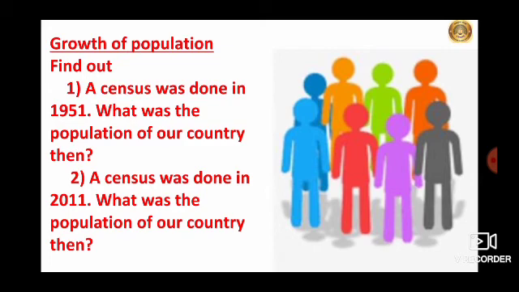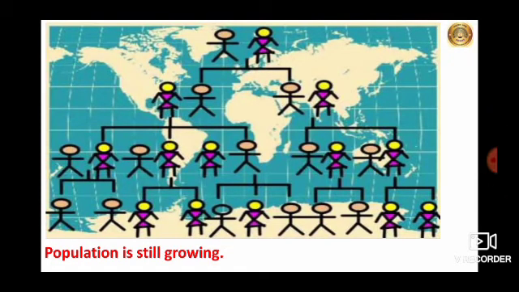And in 2011 the population went to 121 crores. That means the population is increasing. In the last 60 years, the population of our country has tripled. It is still growing. So, the demand for all those things that we need to take from the environment has